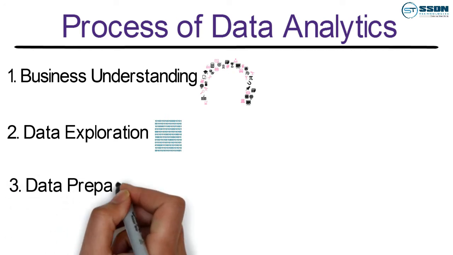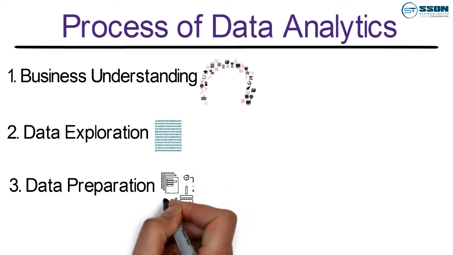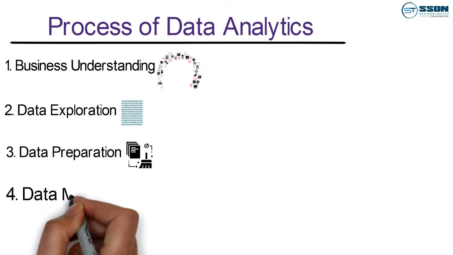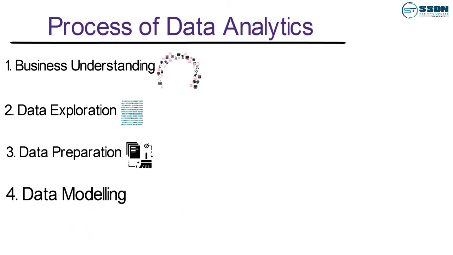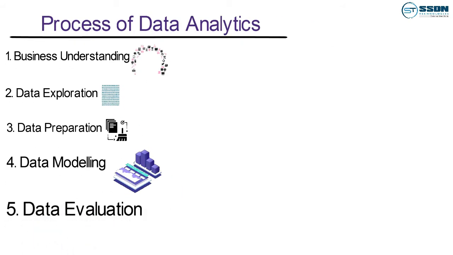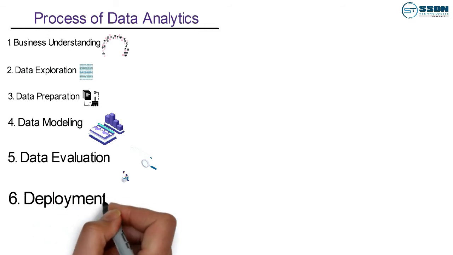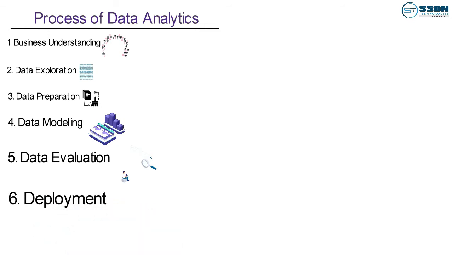Third, data preparation. From the data collected in the last step, we need to select the data as per the need, clean it, and construct it to get useful information. Fourth, data modeling. After gathering the data, we perform the data modeling. For this, we need to select a modeling technique, generate a test design, build a model and assess the model built. Fifth, data evaluation. We evaluate the results from the last step and review the scope of error. Sixth, deployment. We need to plan the deployment, monitoring and maintenance, produce a final report and review the project.